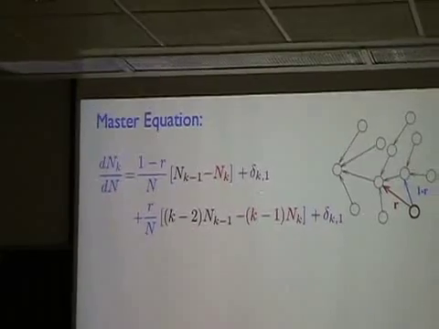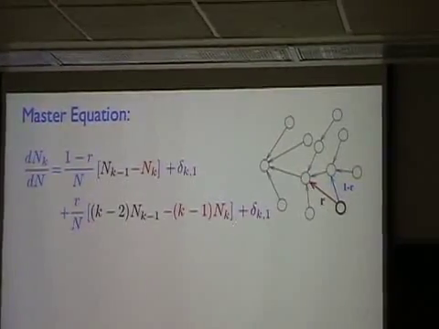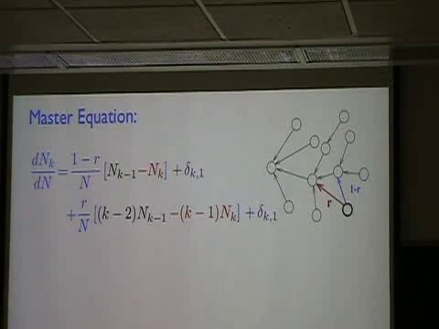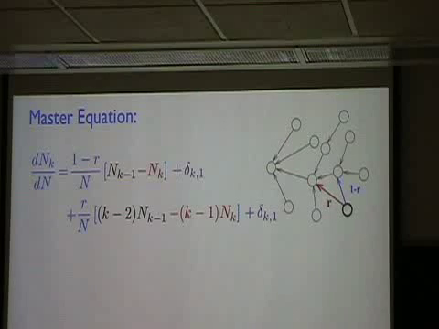And now what are the terms that are here? For example, let's just focus attention on this term. The point is that with the probability proportional to the number of upstream neighbors, a node of degree k has k minus 1 upstream neighbors, and 1 downstream neighbor to make total degree k. But it has k minus 1 upstream neighbors. And if I attach to a node of degree k by this process, then I'll kill the number of nodes of degree k because I've created a node of degree k plus 1. So this is the rate at which I lose nodes of degree k by the redirection process. This is the rate at which I gain nodes of degree k by the redirection process.